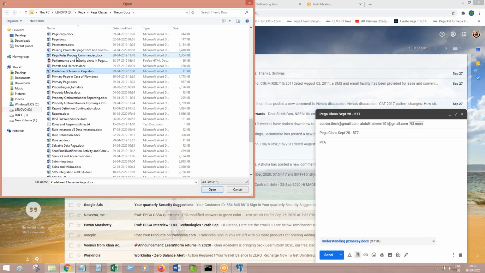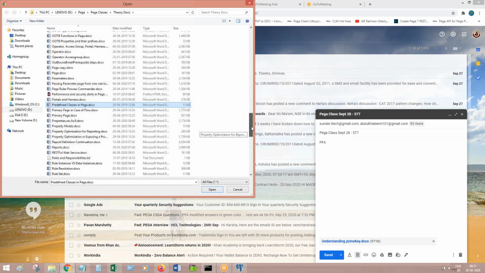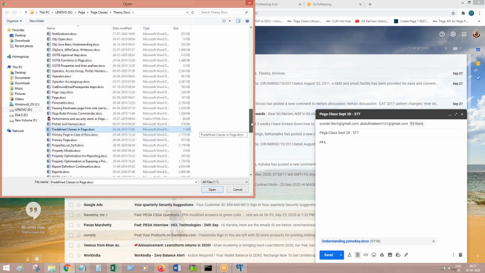Any rule you open in Pega, Process Commander opens it by using open by handle with its primary key. Because in case of rules, 2 rules from different classes can have the same name. So is OBJ open going to work then? It will not work. Only OBJ open by handle will work.